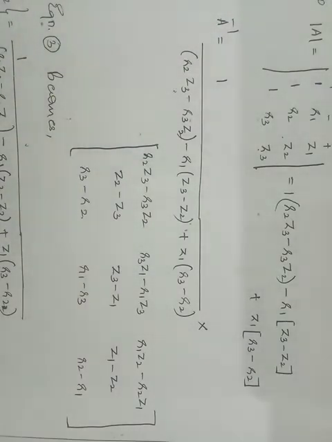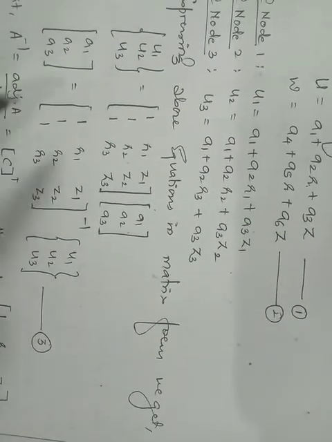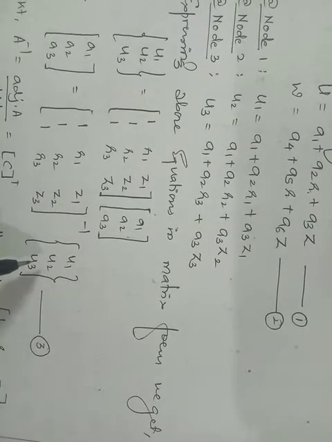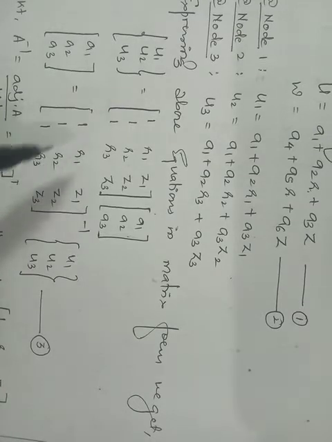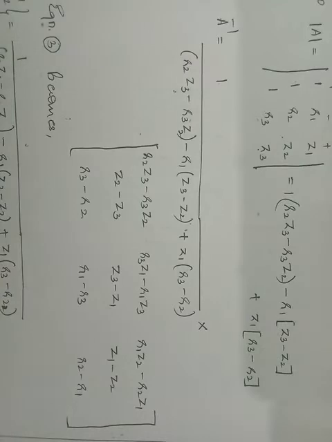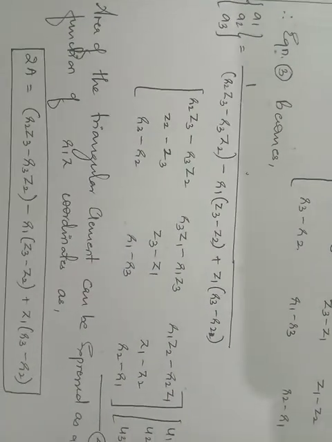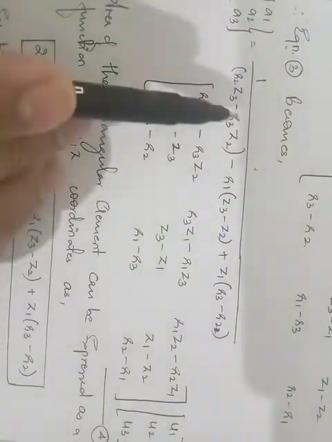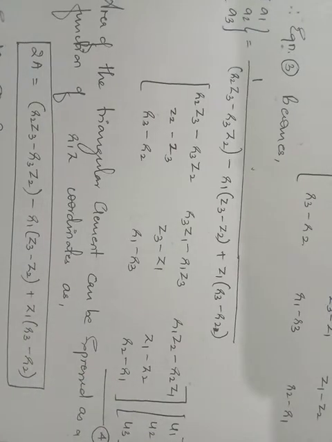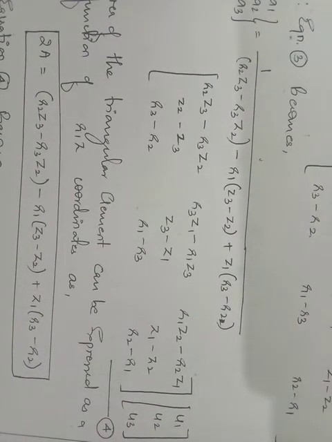So equation 3, which was equation 3, right, and this is equation 3, A1, A2, A3. This is what I have got. This is A inverse, U1, U2, U3 as it is. So this value I need to substitute in equation 3. I have got that value now. So equation 3 becomes A1, A2, A3 as it is, 1 divided by determinant of A into adjoint of A, and this is U1, U2, U3, right? U1, U2, U3 are the displacements. I kept them as they are.